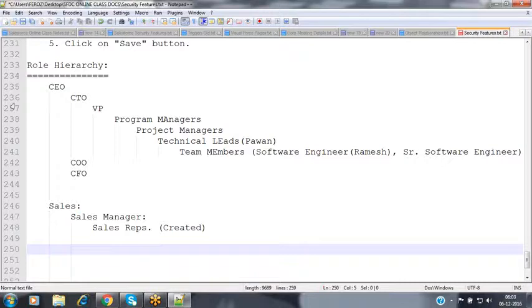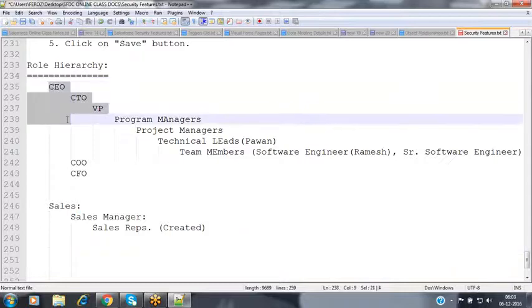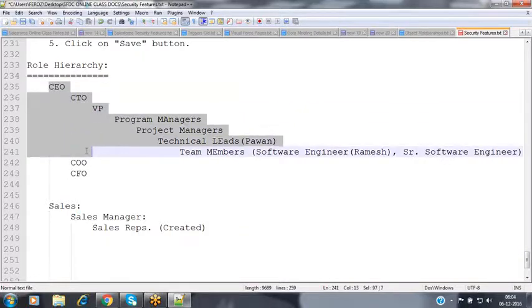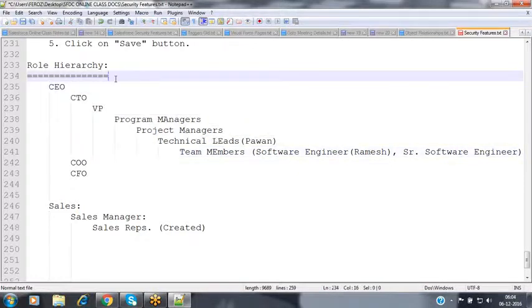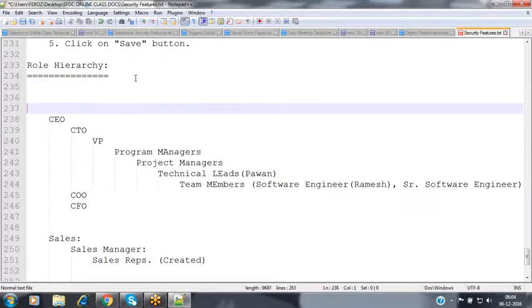For that, in Salesforce they have provided the role hierarchy, where we can configure the role hierarchy, and then assign it to one or more users. So what is the use of this role hierarchy here?